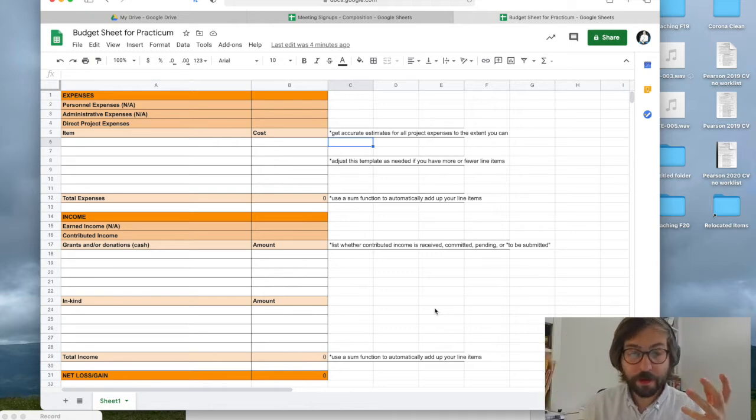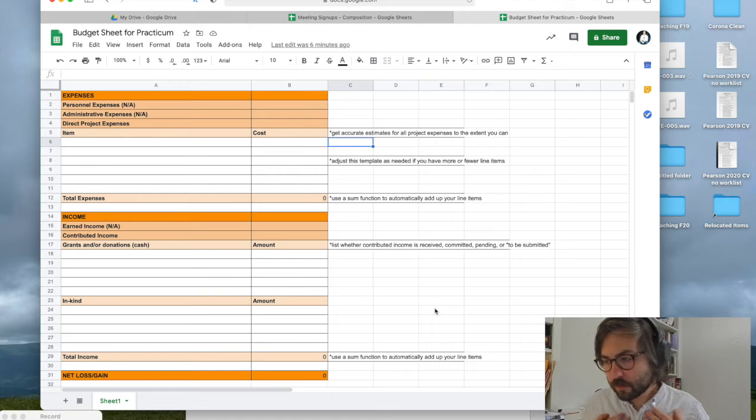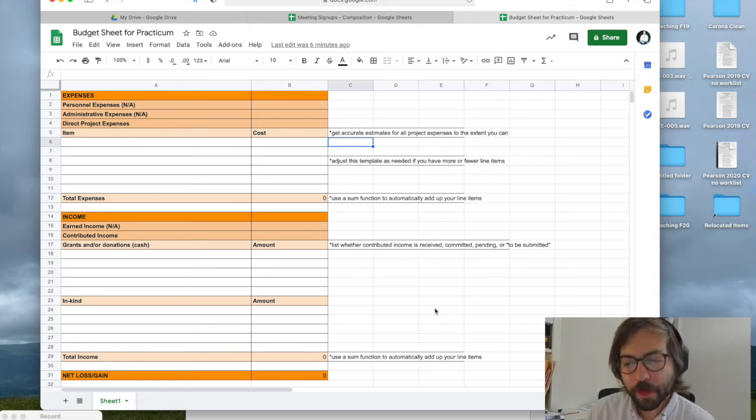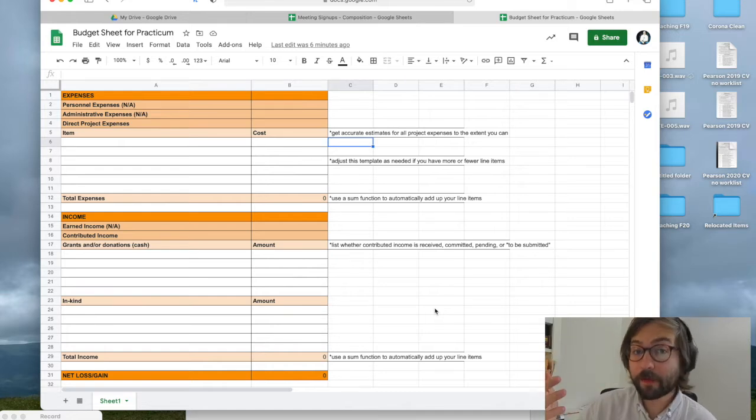One version is the proposal type version, right? This is when you're applying for a grant. You will almost certainly do it at some point in your life if you haven't already. I'm sure some of you have. If you're applying for a grant, you have to produce a sort of preliminary budget where you are estimating your expenses. Many of them you might know pretty well. Many of them you might not have a good idea, and you're going to have to make an educated guess,